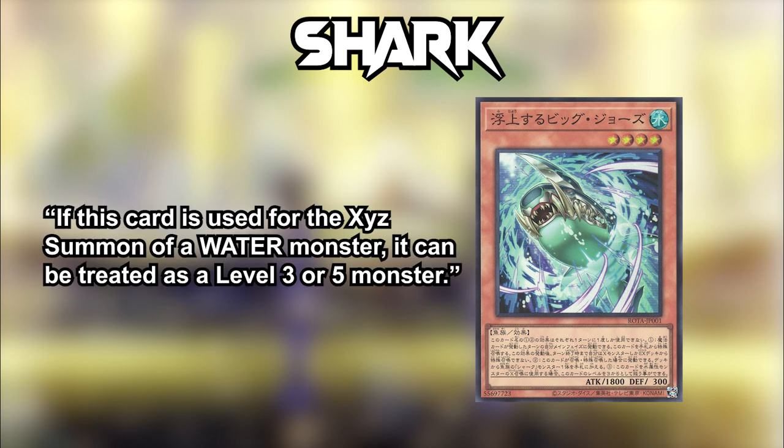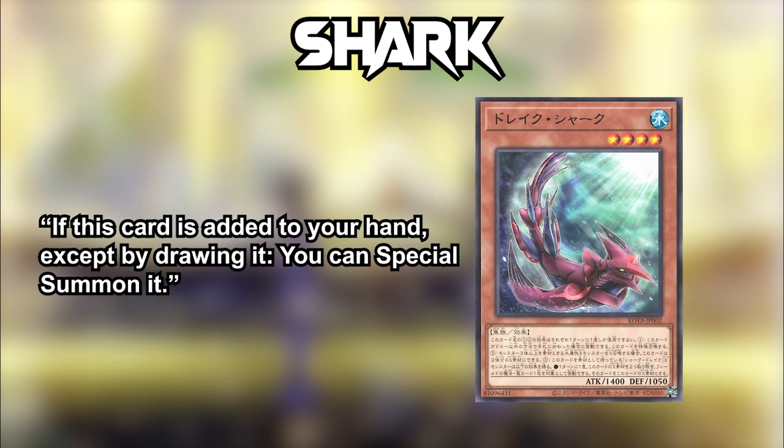Surfacing Big Jaws can summon itself if you've activated a spell this turn, searches a fish-type shark on summon, and can be used as a 3 or 5 for an Xyz summon. Drake Shark,